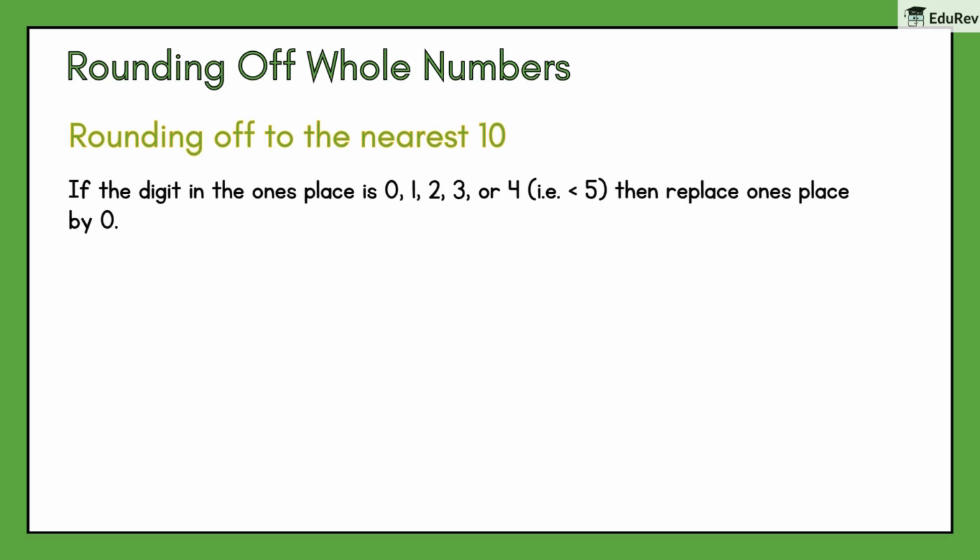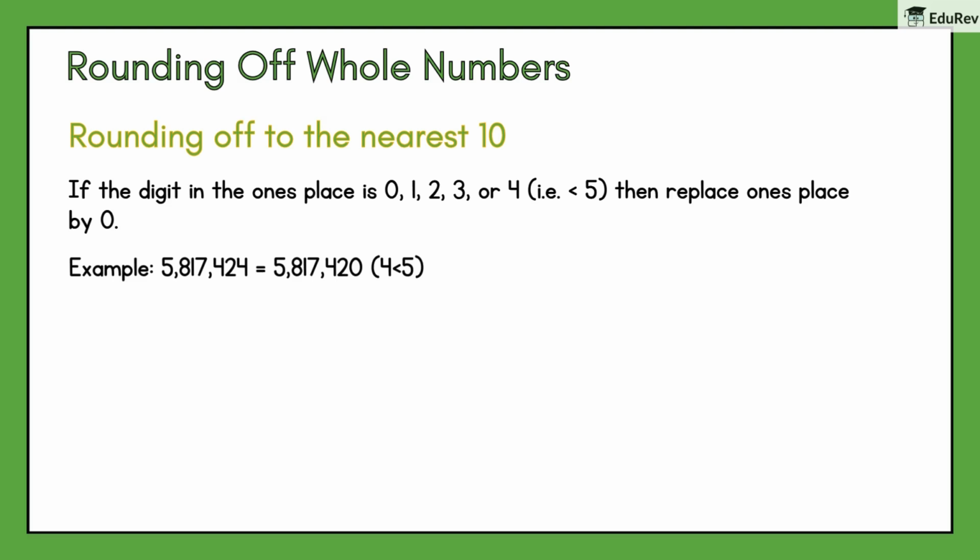If the digit in the ones place is 0, 1, 2, 3, or 4, that is less than 5, then we replace the ones place with 0. For example, if we take the number 5,817,424, since the ones place is 4, which is less than 5, we keep it as